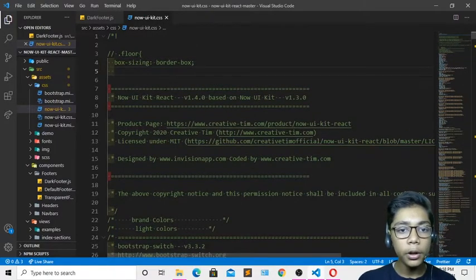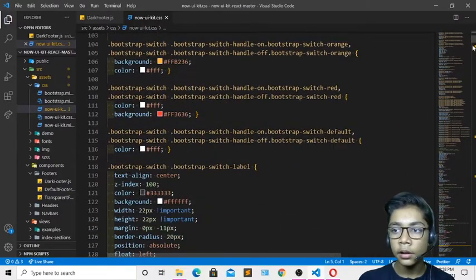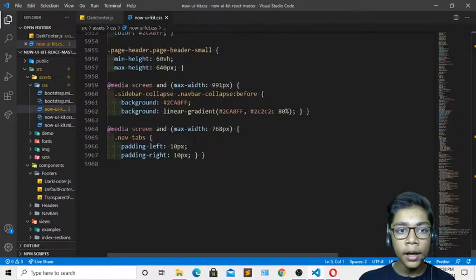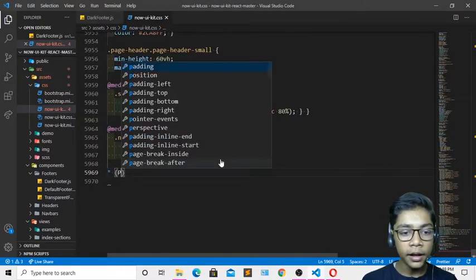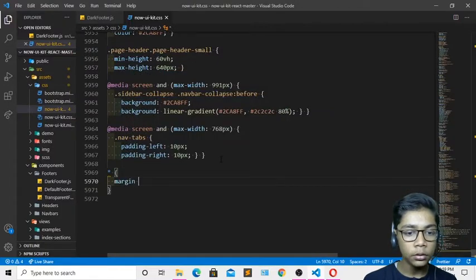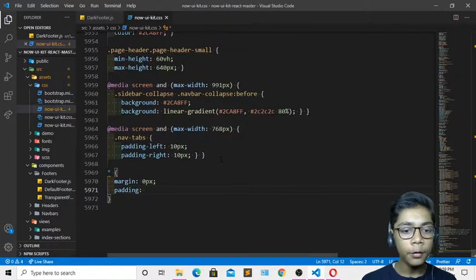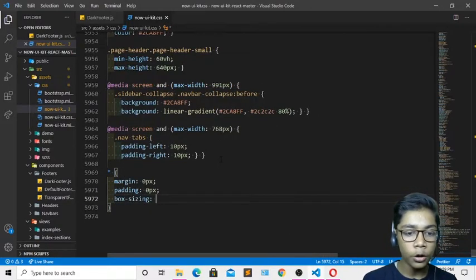Now here you will do one thing. I'll go to the last, means in the last. So just go down enough, and here you have to take many of the things. So here you have to create this text. So I'll create that. Then after that I will come underneath and create a margin, which should be 0 pixel. Then the padding I will also make 0 pixel. Then come underneath and create a box-sizing of border-box.